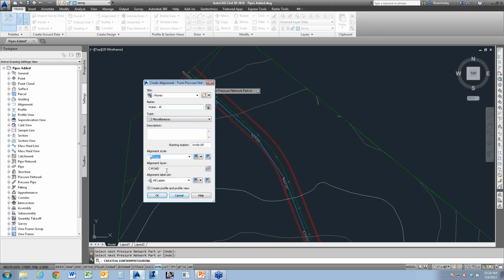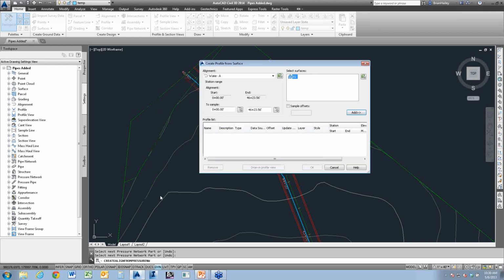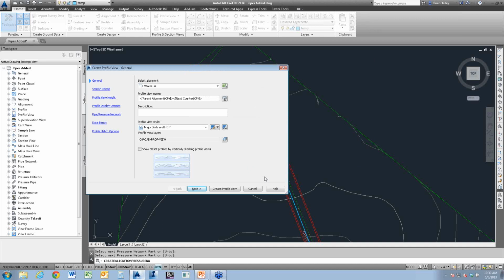I'll just use the basic style. The labels, I just want the stations. I don't want PC, PT, those types of things. And I do want to create the profile and profile view. So I'll leave that toggled on, select OK. All right, which alignment, which surface? Again, I only have the existing ground surface, so I'm just going to go ahead and add in the existing ground surface. I'll draw it in the profile,